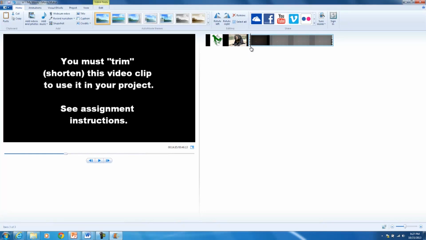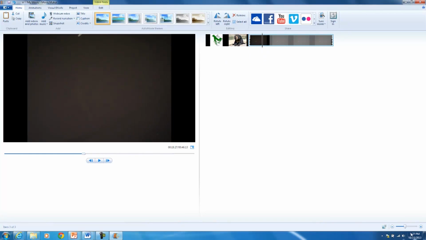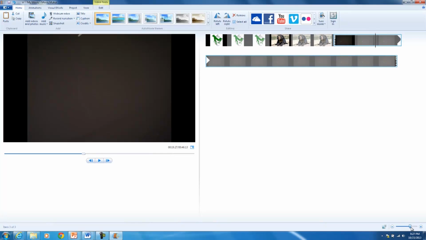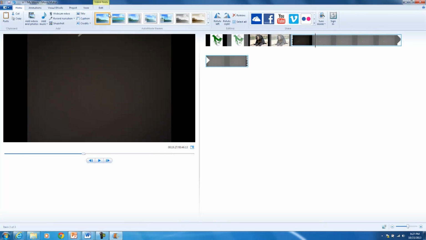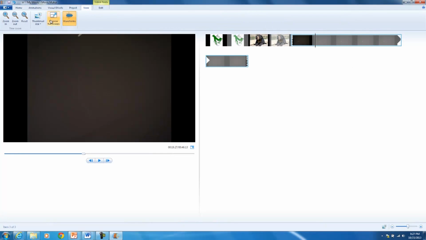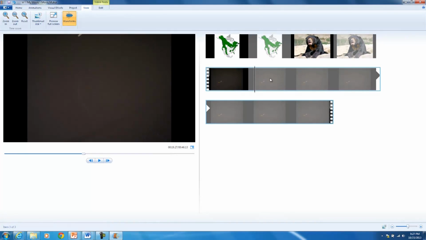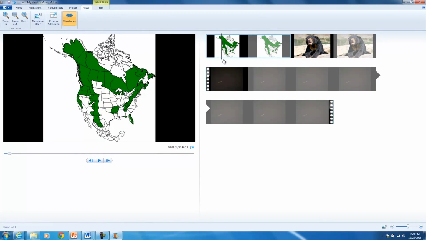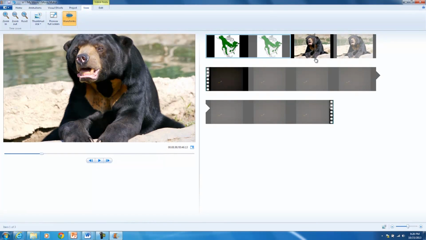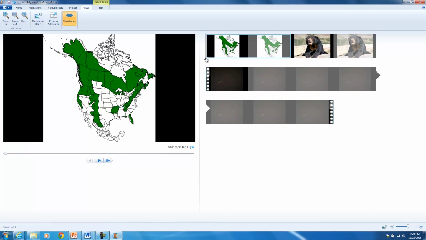So wherever this black line is right here, I'm going to make this just a little bit bigger. Actually, I'm going to go here to view, and I'm going to set my thumbnail size to large. That makes it easier to see. Whenever you want to edit a part of your clip or your movie, you do it wherever this line is. So I'm going to put this at the beginning,